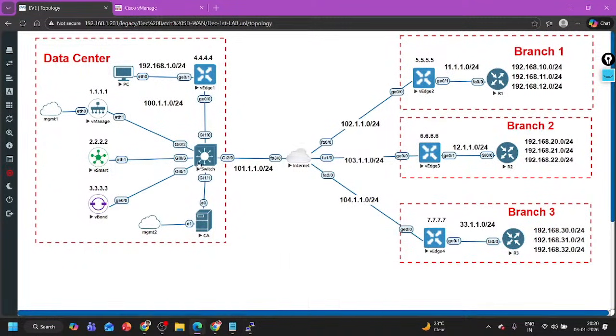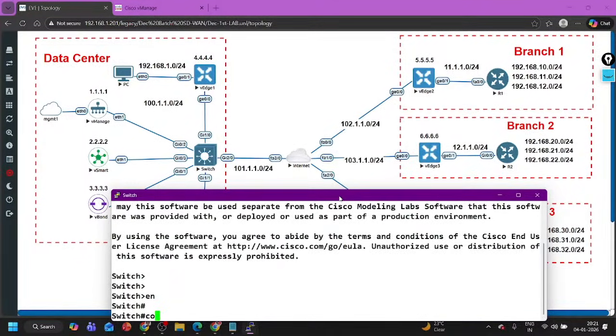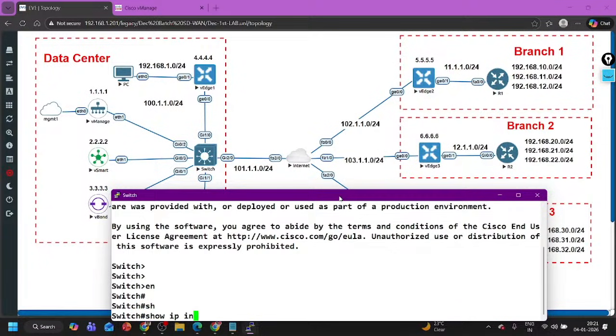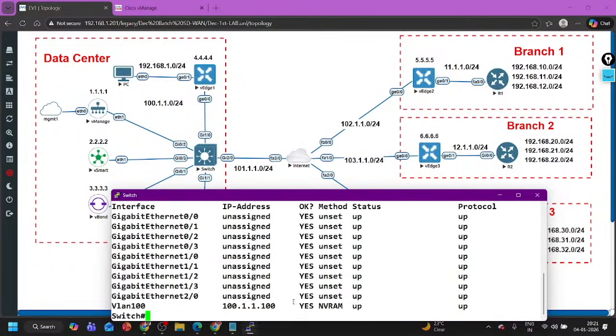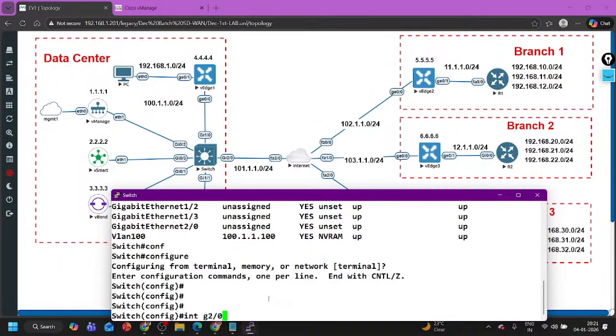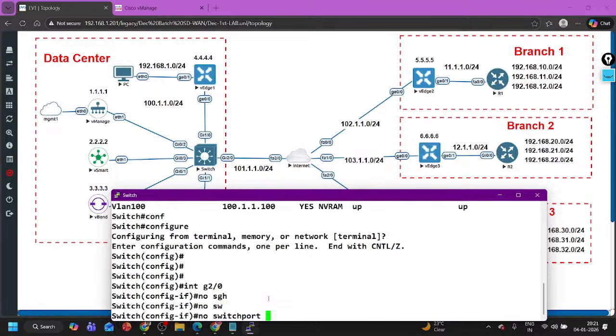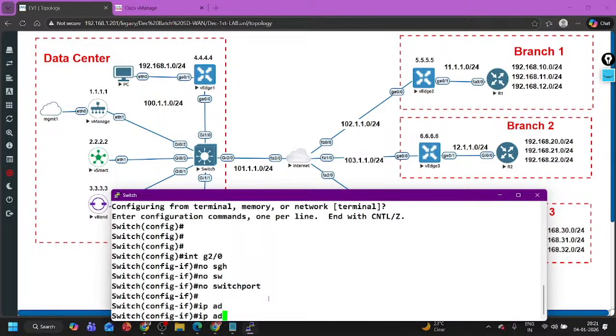Let me take you to the switch. Interface is not configured. Enable. G2/0 is not configured. So, show IP interface brief. Okay, only SVI is there. Let me configure interface G2/0. No switchport and IP address